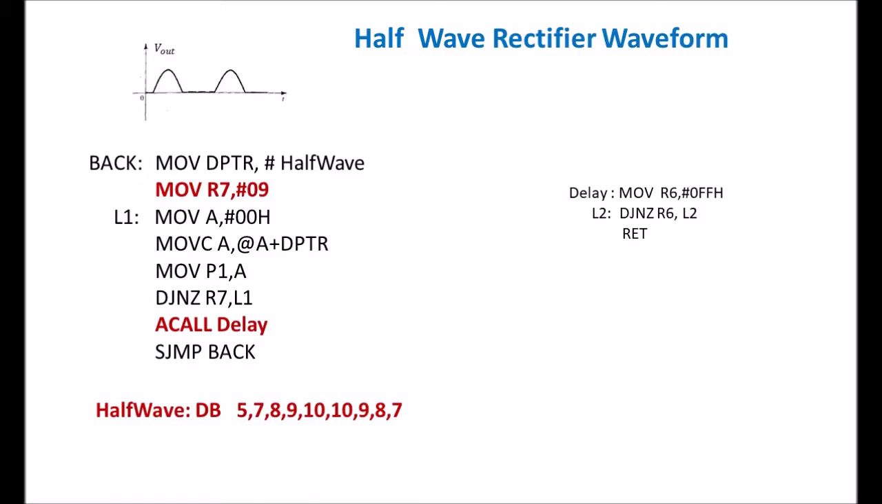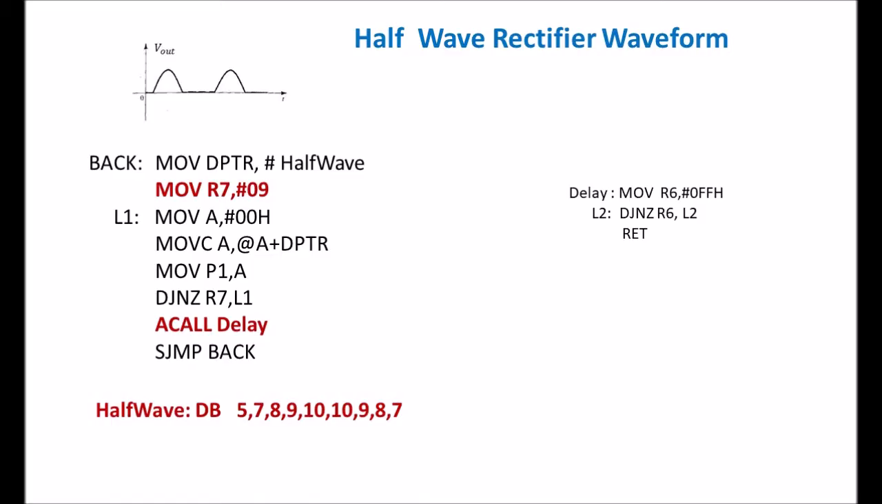In the same way, we can generate the output of a half wave rectifier. Here we'll first generate a half cycle and then we'll call a delay. According to the frequency of the half wave, you can generate a delay. I have written a simple delay program here. The same program we can use again for the half wave signal. We are calling only 9